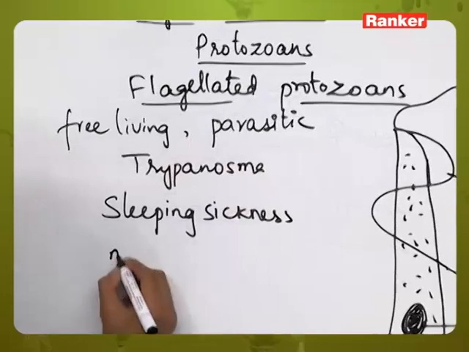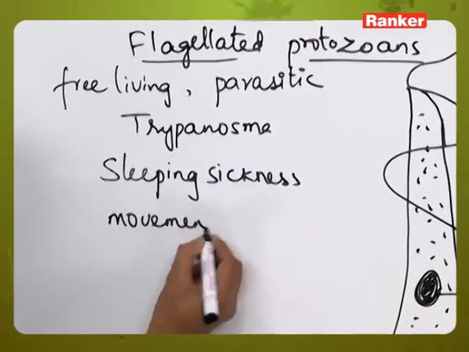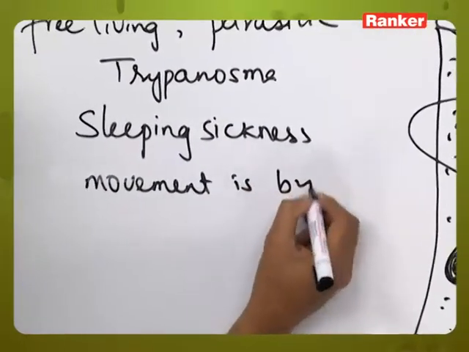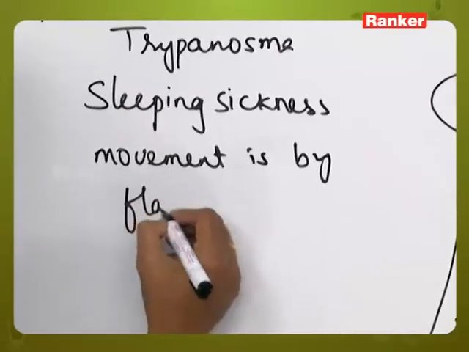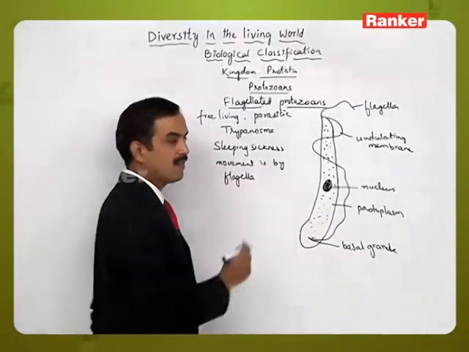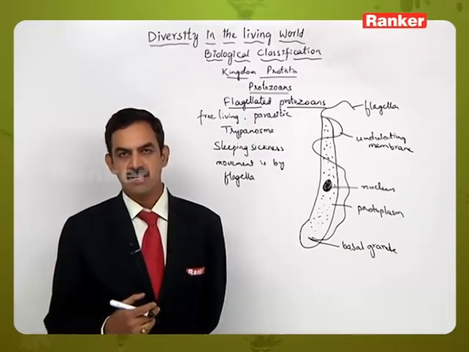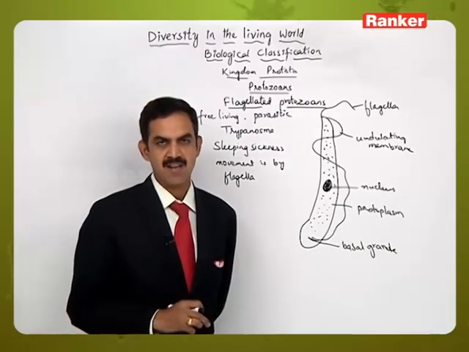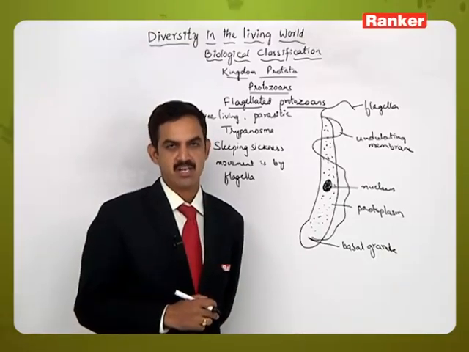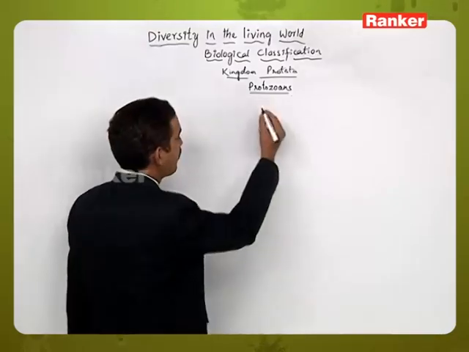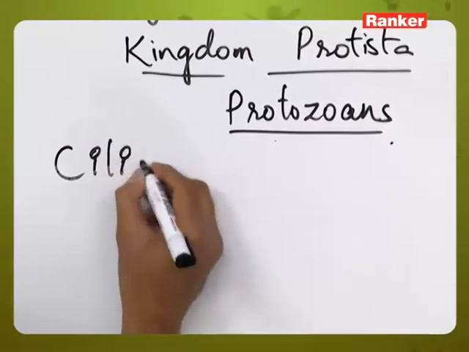This type of organization can be seen in the flagellated protozoans, and here the name itself denotes that the locomotion is by flagella. That is, the locomotion is by flagellar movement. We can say a whip-like movement can be exhibited by these members because of flagella as a locomotory organ. The third one in the protozoans are ciliated